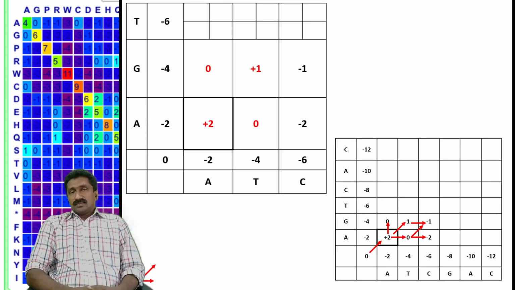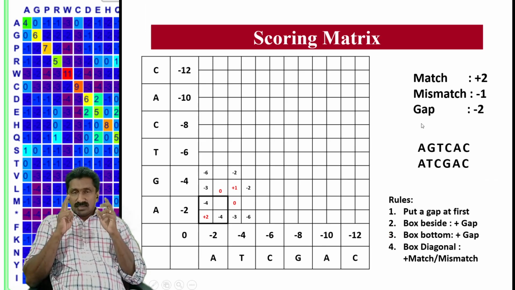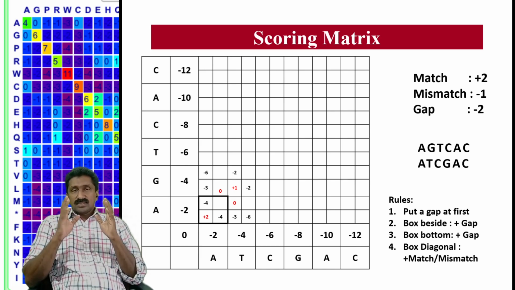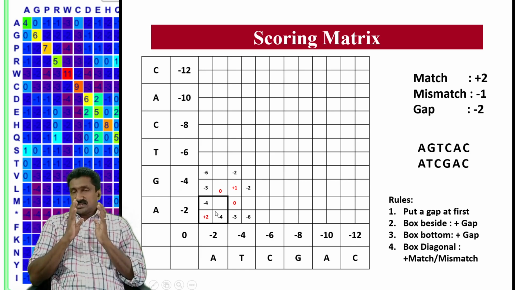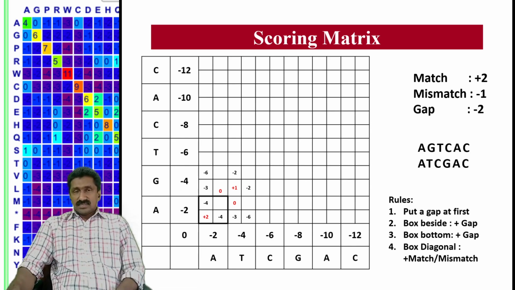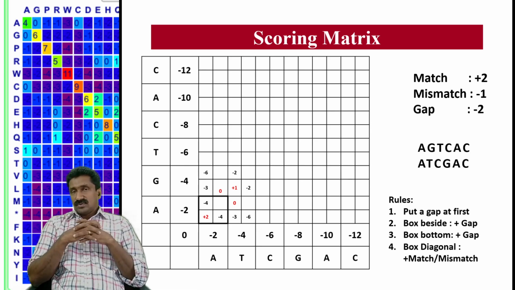Okay, let me explain once again. For every sequence comparison, you have three possibilities, right? For example, you can compare two sequences at this position. The A and A in this case is a match, right? Whereas in this cell, it is G and this is A. So this cell corresponds to G and A, that is a mismatch. Is it clear?